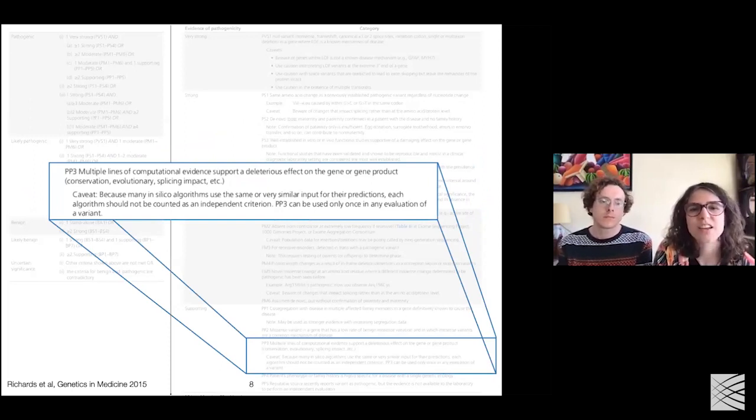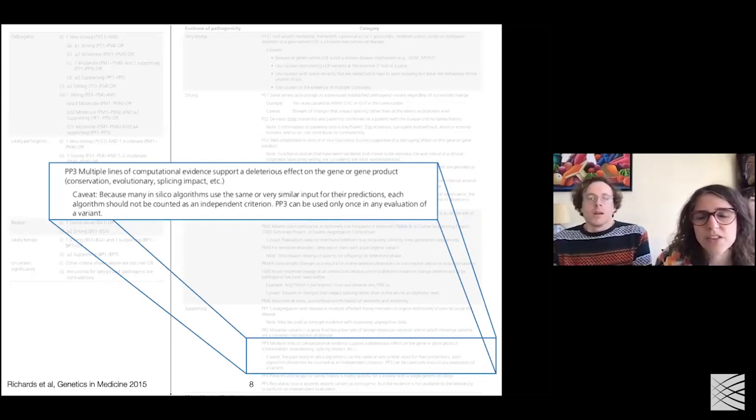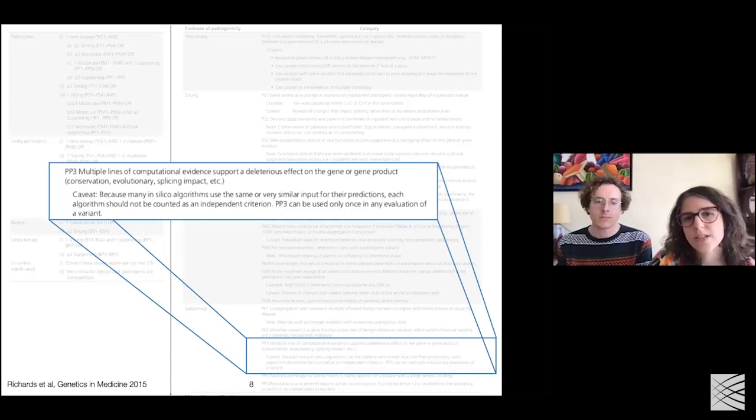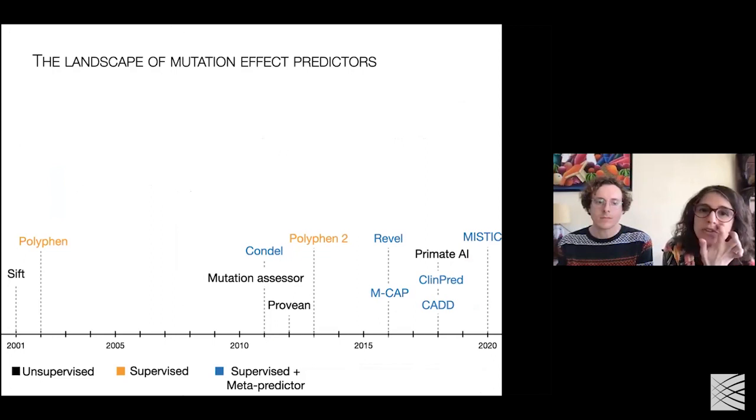in concordance can contribute together to give you what they call supporting, which is the lowest level of evidence for classifying variants. Now, these guidelines actually do say why the computational methods are so low regarded. And the two arguments provided are low accuracy and poor validation. So we can try to understand better why this is the case by looking at the landscape of mutation effect